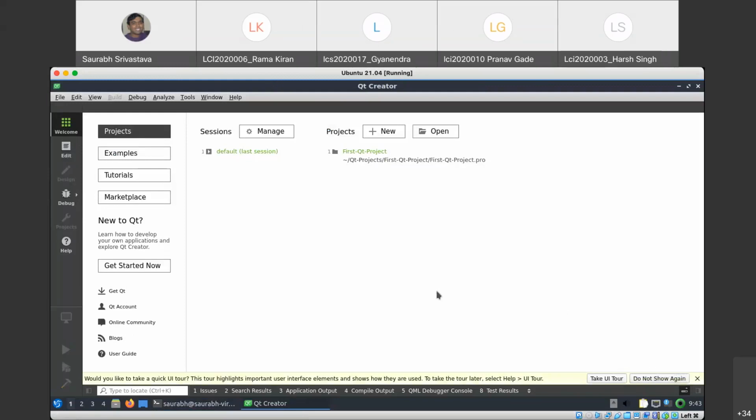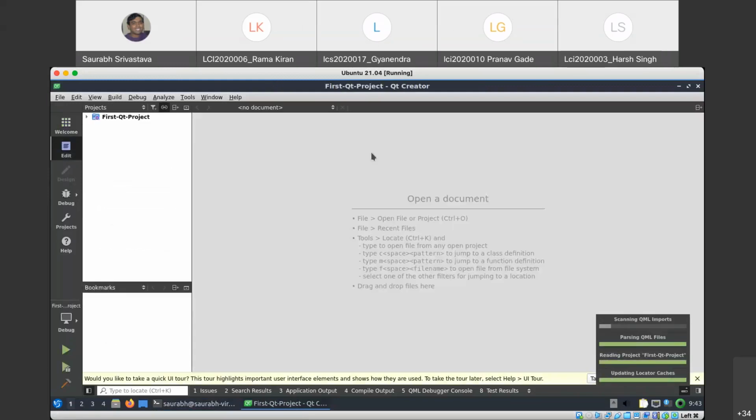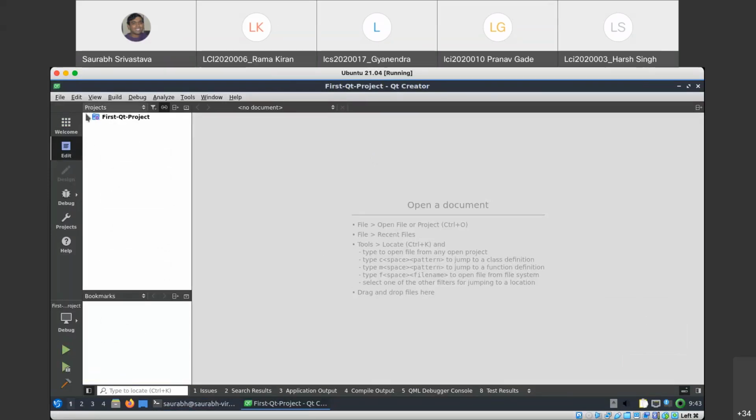And one thing that you can do is I've already created a project here. So I'll just open this project. Let it parse everything. So this is a typical Qt project. Here in the sources part and the headers part, I'll start with the headers.